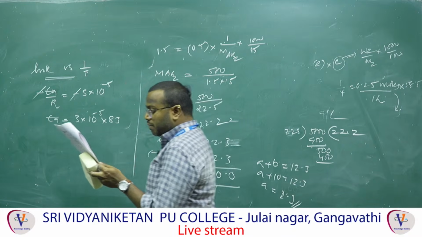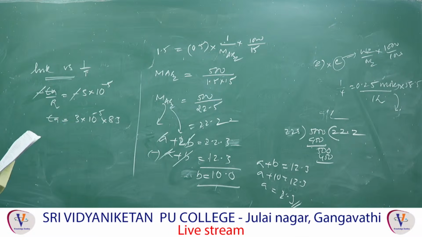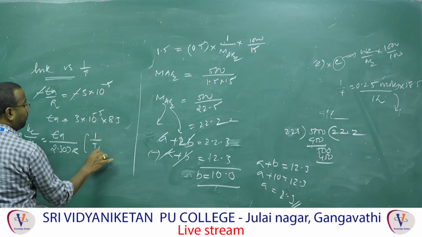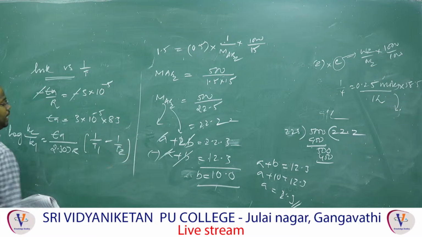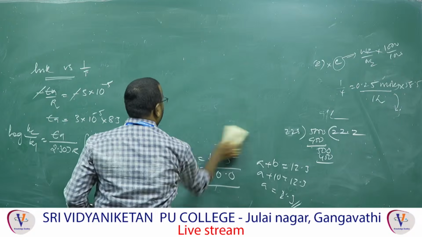Next question. 72. Rate constants are given. We need to calculate the activation energy for the given value. And R value is given in calories, which we need to remember. So, what we need to understand here is log K2 divided by K1 equals EA by 2.303 R into 1 by T1 minus 1 by T2 is the equation what we have here, and followed by